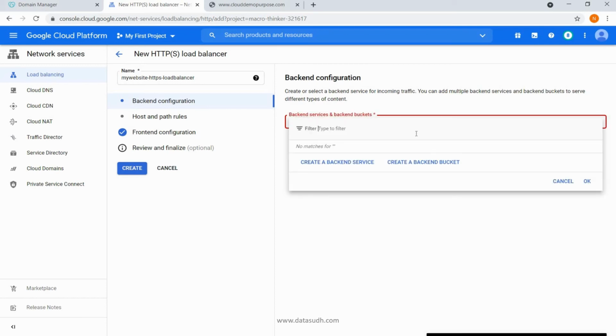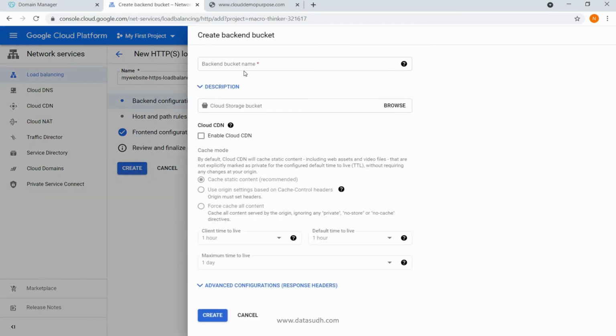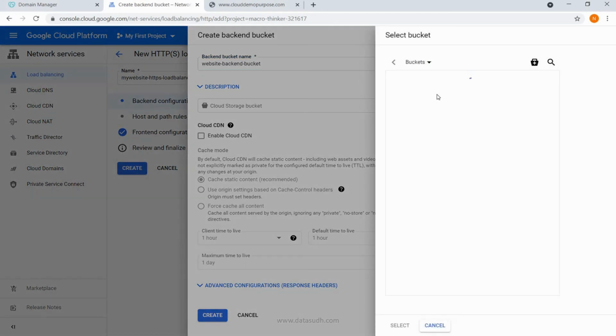Okay. Now click on backend configuration. Go to right hand side and select create a backend bucket. Now in this we can enter the name as, let's say, website bucket, or I can enter website backend bucket. Okay. Browse to the main bucket.